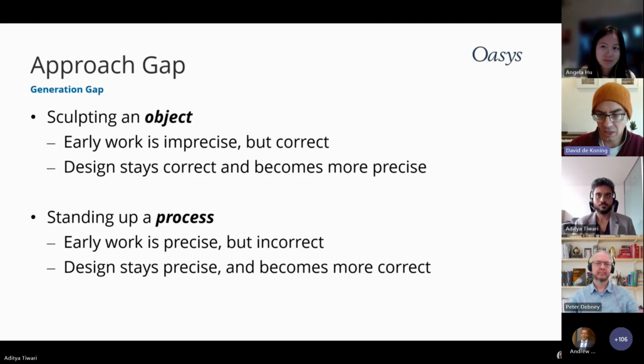You're doing your quality checks, and you've got a big report from your BIM team about all the things that need to be coordinated. As you go through the design, the precision stays more or less the same, or maybe it gets a little more precise as you refine the process, but it's the correctness that becomes more and more correct. And at the very end, you get a design that is precise and correct. So at the end of the design, the outcome is exactly the same, but when you meet in between,